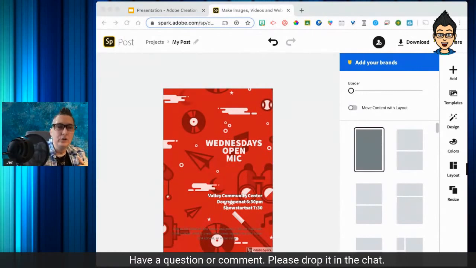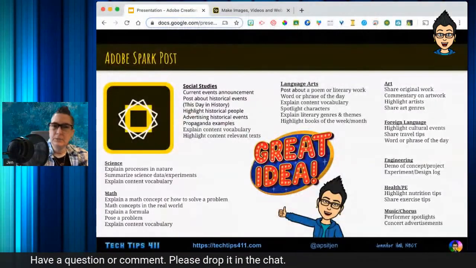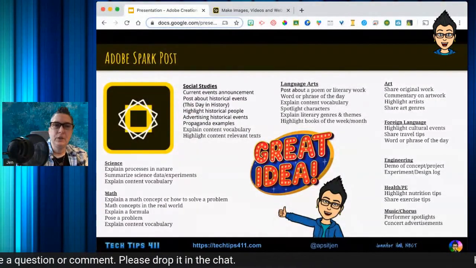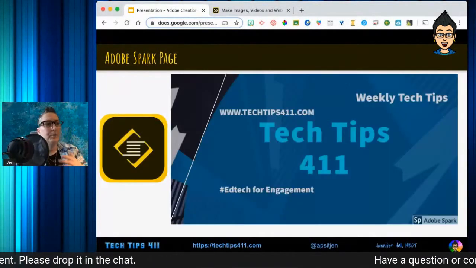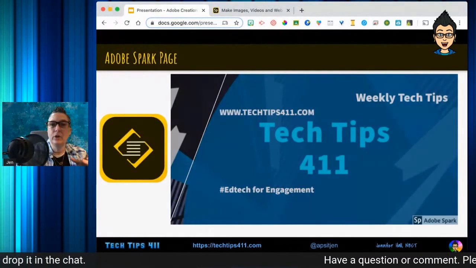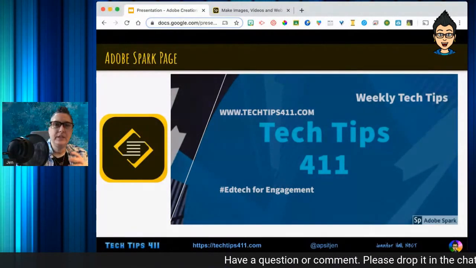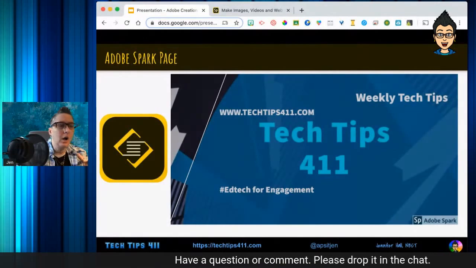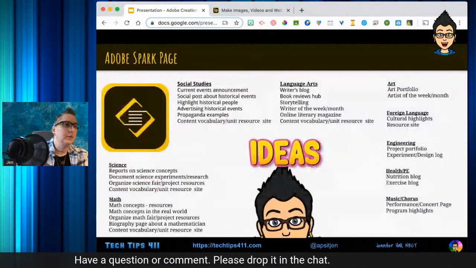So let's see here. We got the third tool that we want to look in this toolbox here. So we've talked about video. So it's Adobe Spark Video, Adobe Spark Post. And the third one is Adobe Spark Page. And that is actually being able to create a website template, a resource that is a website, which is really, really cool. So a couple of ways you might want to use that. Let's talk about it. So for current events announcements,